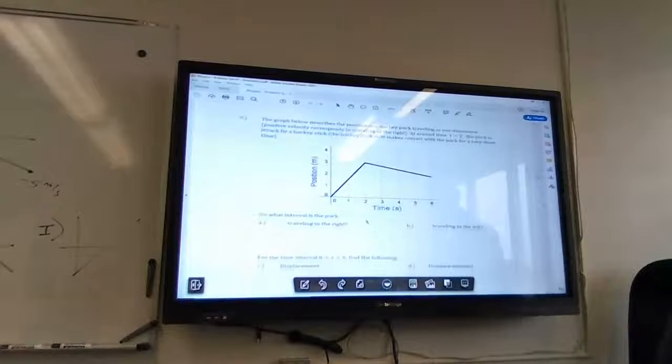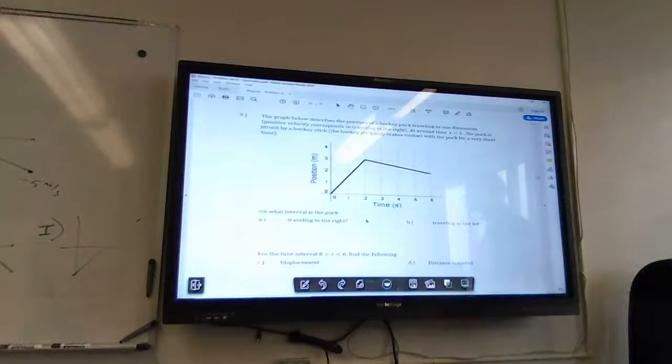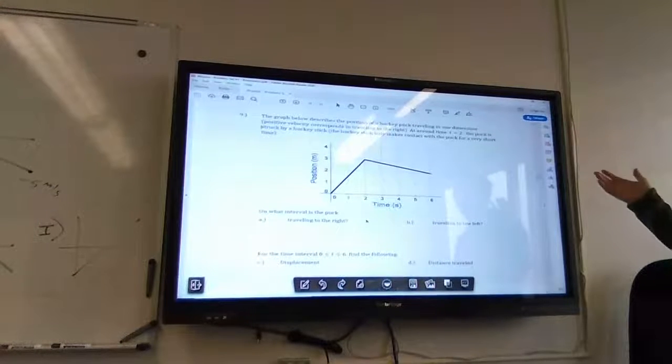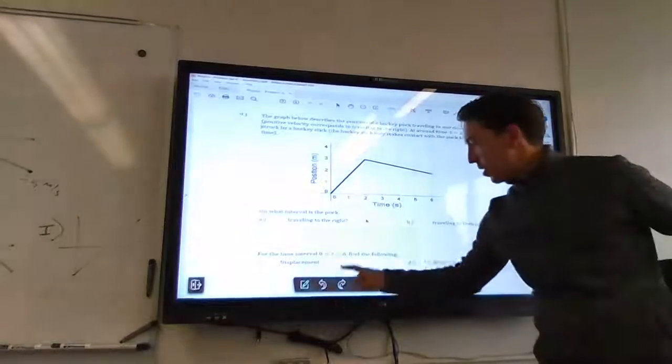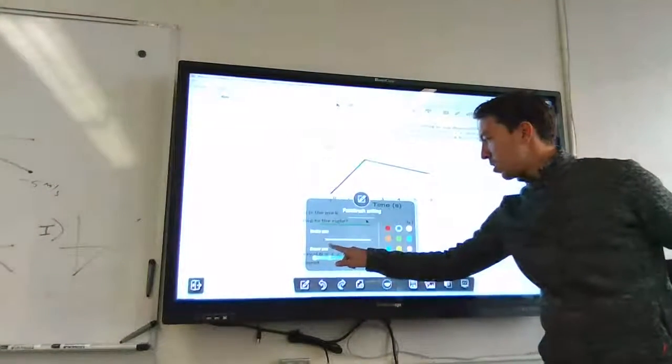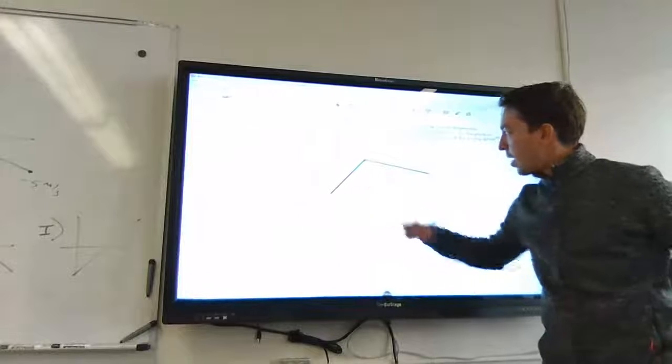Okay. The graph below describes the position of a hockey puck traveling in one dimension. And then it just clarifies that positive velocity corresponds to traveling to the right. At around time 2, so right around here, right around at time 2,